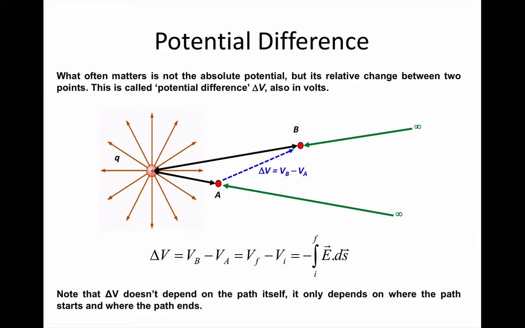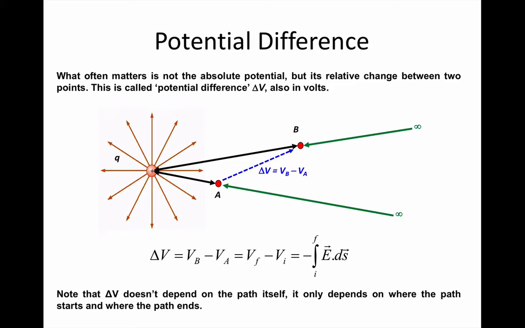What generally matters to us is not the absolute potential at one point, but its relative change between 2 points. Think back to the cyclists and the mountain race. They don't care what their absolute altitude is. All they really care about is the height they have to climb from the beginning to the end of the